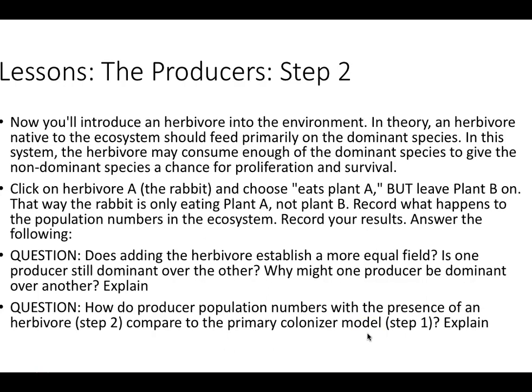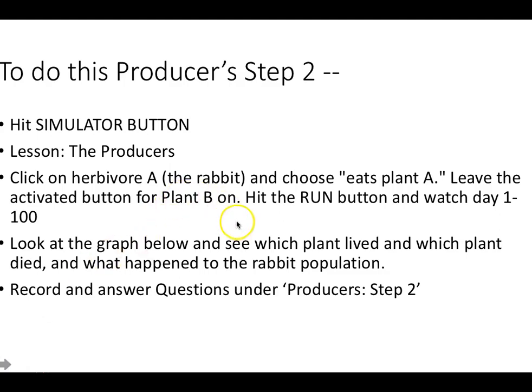What happened when it was just the grasses competing? Now you've got a rabbit eating one of the grasses, not the other. What's happening? What's different? Okay, so how do you do it? Hit the simulator button, make sure that you're on producers, make sure you hit reset, and then you're going